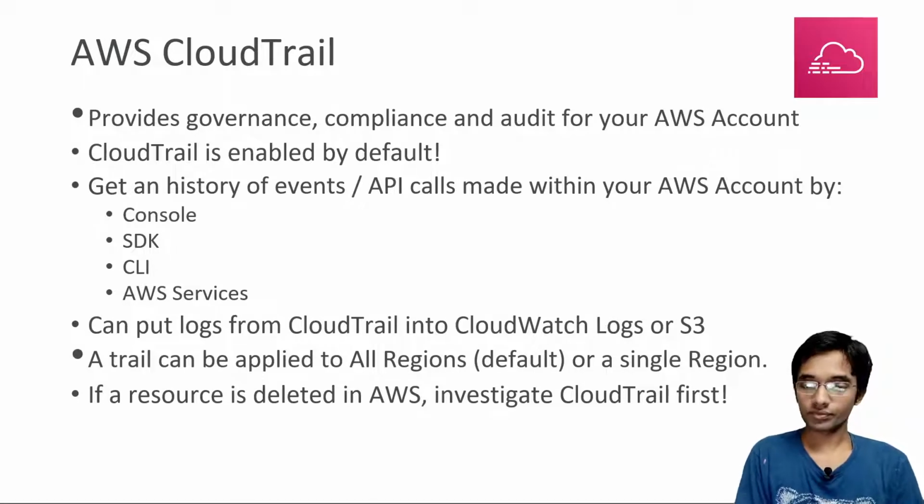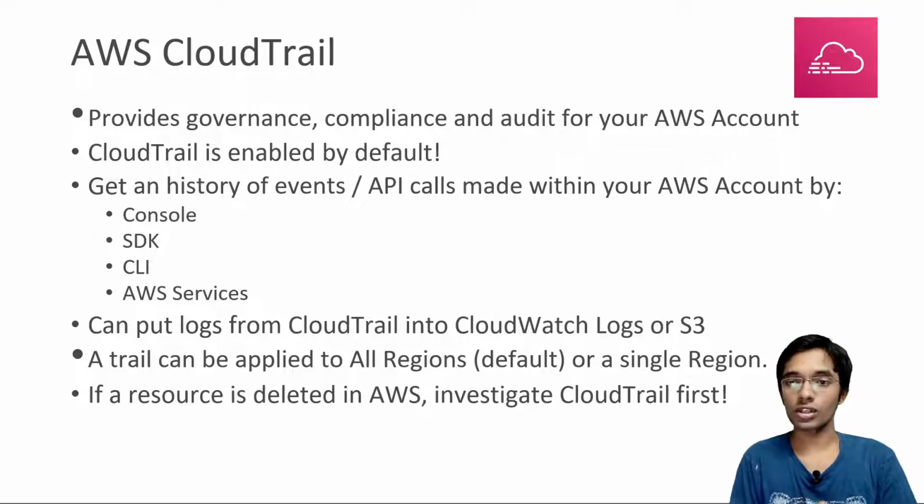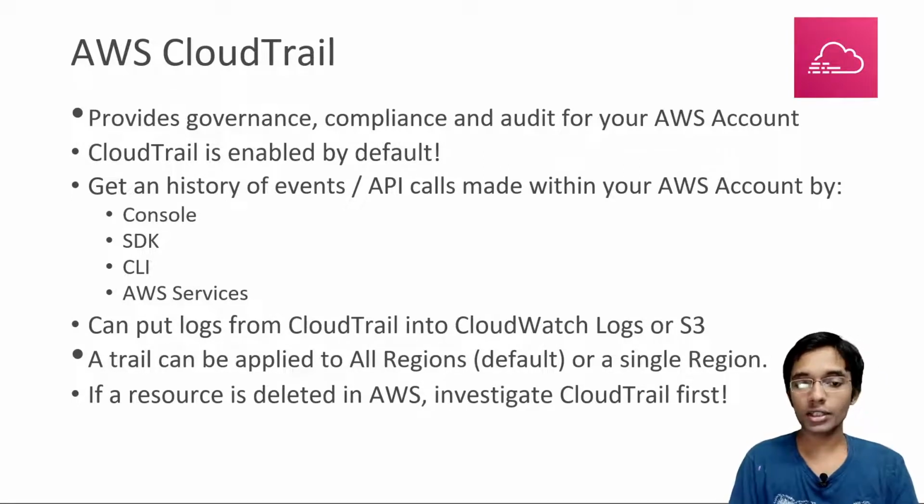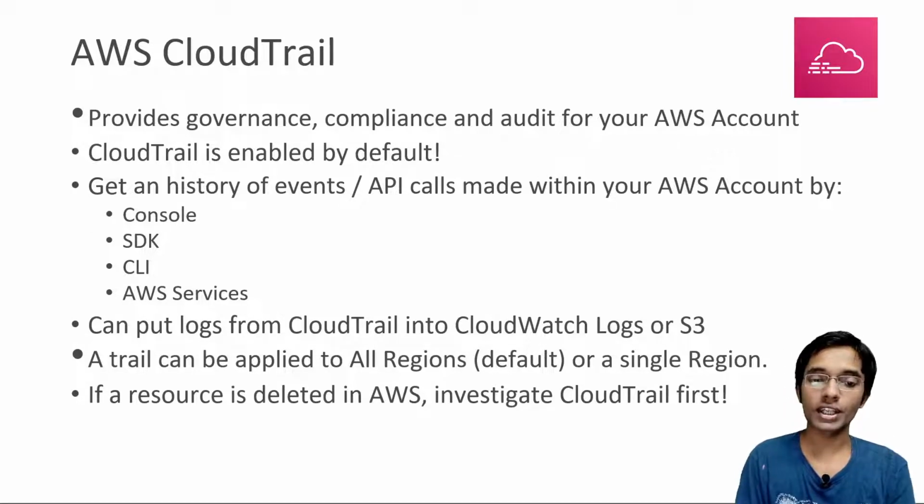AWS CloudTrail. Okay, so now let's talk about the AWS CloudTrail. CloudTrail is a way to get governance, compliance and audit for your AWS accounts. And CloudTrail is enabled by default on every AWS account. So this will allow you to get a history of all the events and API calls made within your AWS accounts by the console, by the SDK and CLI, other services on AWS, and all these logs will be appearing